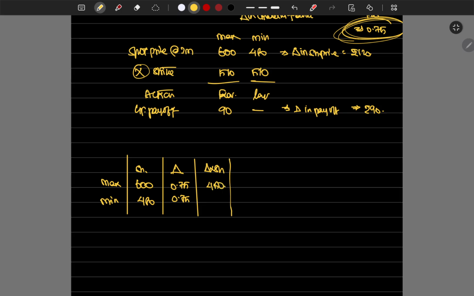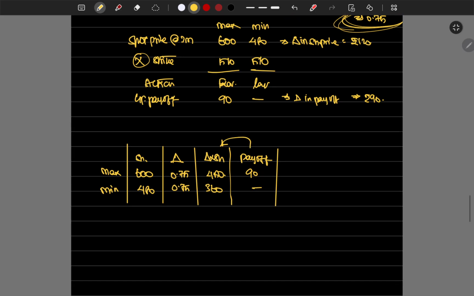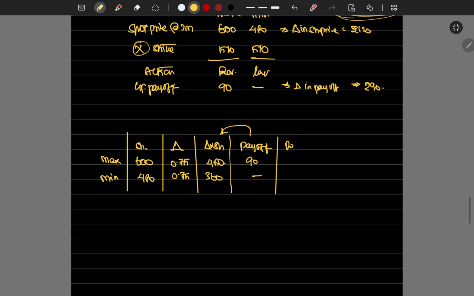Then 480 into 0.75, which is 360. What's the payoff we have for maximum value, which is 90, right? And the minimum, there is no payoff. Deduct both these things. We'll get the result as